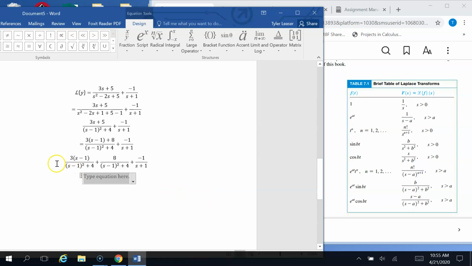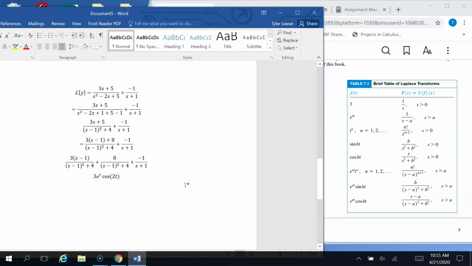So this 3 is going to come out to the front. And then we have the s minus 1 over s minus 1 squared plus b squared. So my b is 2. So this first term is going to be a 3 e to the at, where a is just 1. So 3 e to the t, and then cosine of bt, where my b is going to be 2 from the square root of 4. Plus,